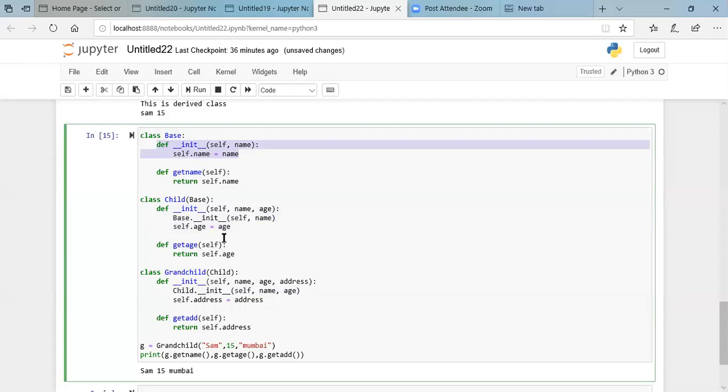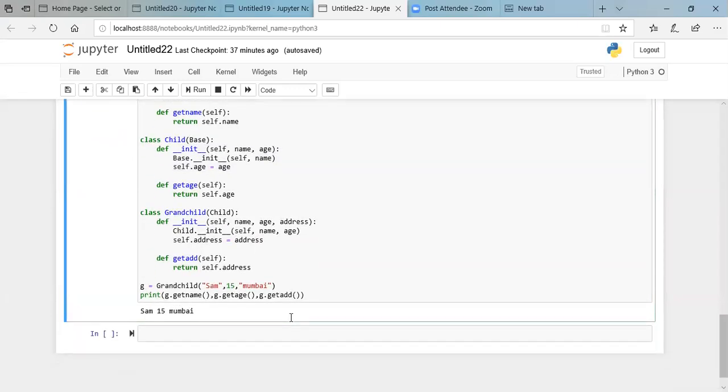Age would be set to 15, and the address Mumbai would be set in this third class. We are not defining the name and age explicitly for this grandchild class, but reusing them from its parent classes. And in the print statement, you simply give a call to the methods, so it displays Sam, 15 and Mumbai.